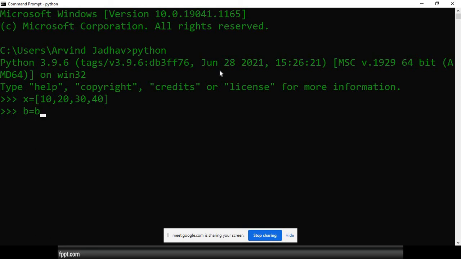After that we use a function called bytes, and we pass this x object. What is x? X contains a few elements, 10, 20, 30, 40, and that will be converted by using the bytes function. Now b is bytes. If you want to check that, we use the type function, type of b, and we get the class as bytes. Make a note of that.